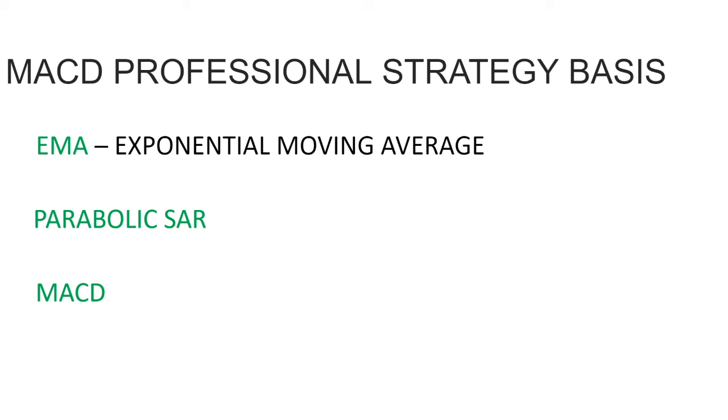We use the EMA, which is the exponential moving average. There are 3 different moving averages that are available for you to use on the Olymp Trade platform. The SMA, which is a simple moving average, the EMA, which is considered to be one of the smartest ones, and the WMA, which is the weighted moving average. They basically work in a similar manner and show a similar picture, but the calculation inside of the indicator is slightly different. The next one that we use is the parabolic SAR, and we also use the MACD indicator.